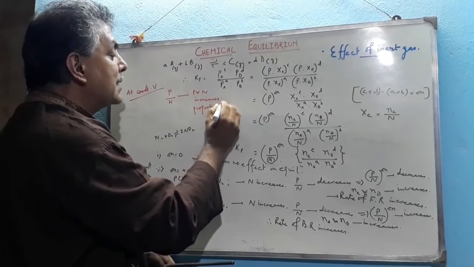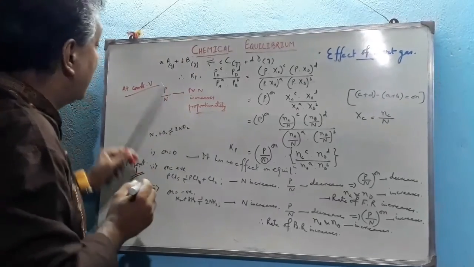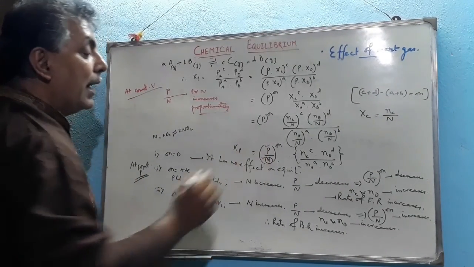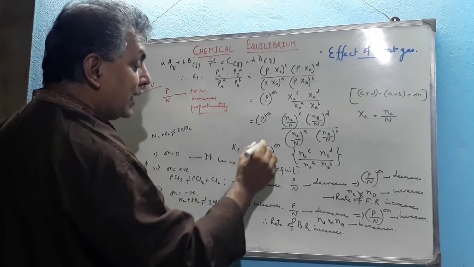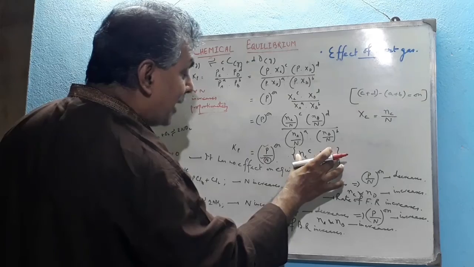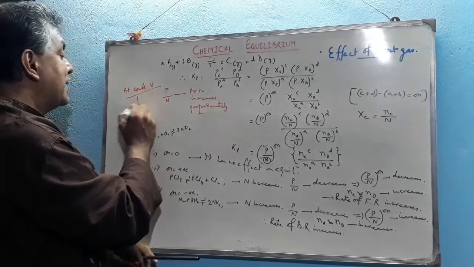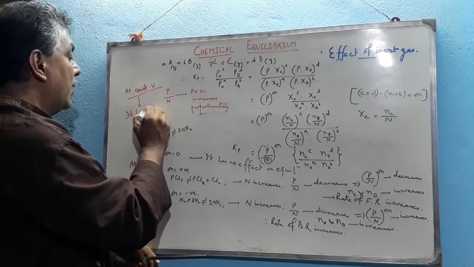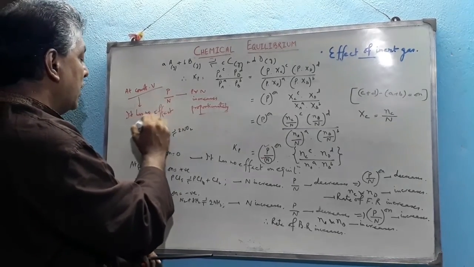and hence they cancel each other. Therefore, it has no effect on the equilibrium, because P and N both increase proportionately with respect to each other, and hence these effects are cancelled. As these effects are cancelled, therefore Kp remains constant. So at constant volume, if we insert some inert gas inside the container, it has no effect on the equilibrium.